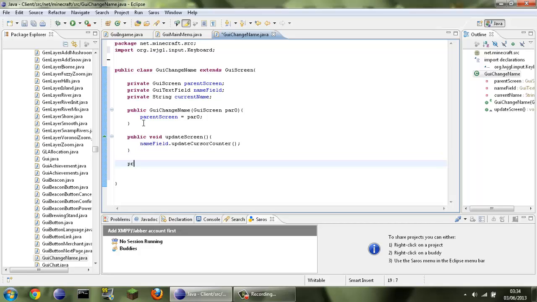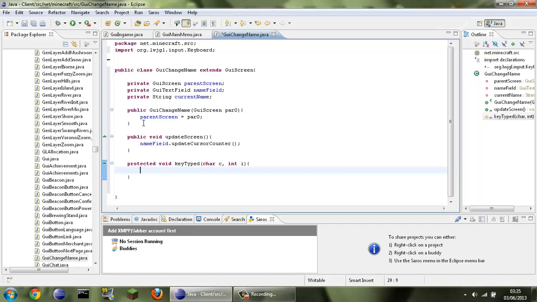We're going to do protected void key typed c and i, and then it's going to be name field dot text box key typed, and it's going to be c and i,